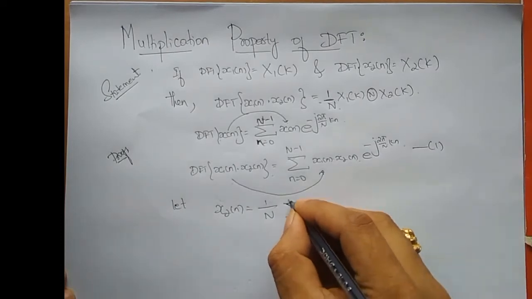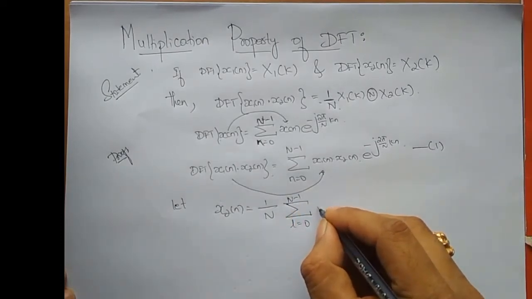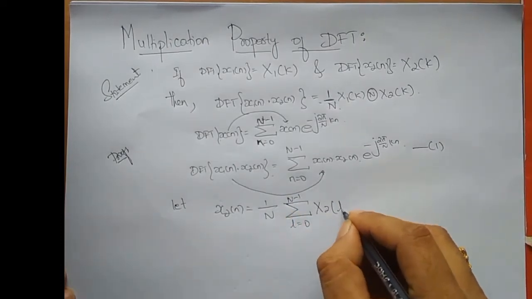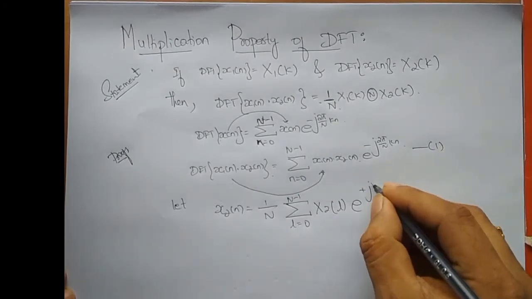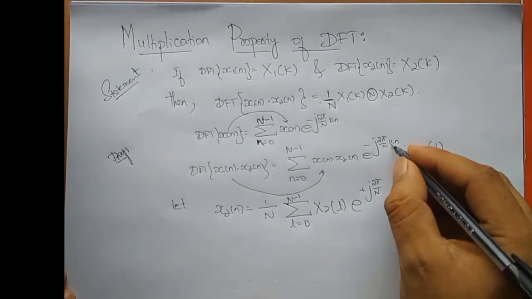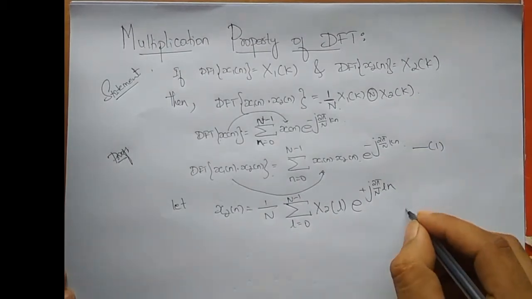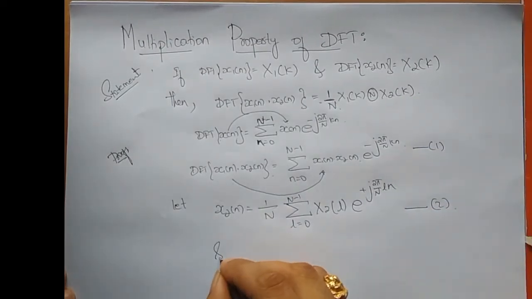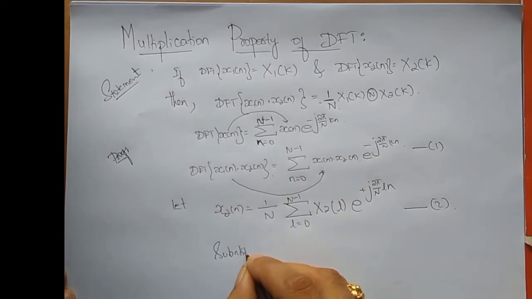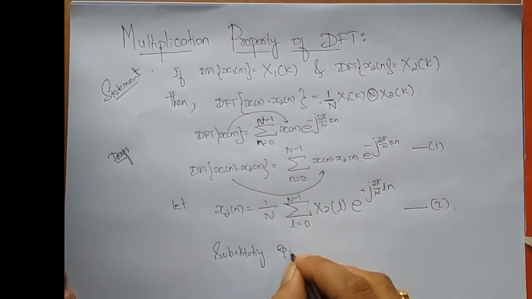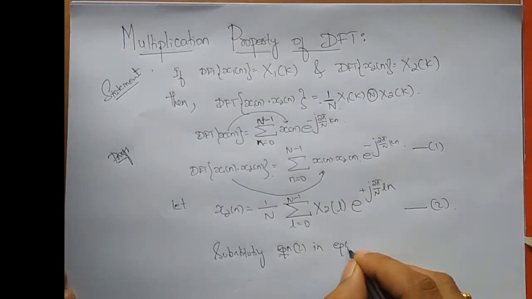So L varying from 0 to N minus 1 of X2 of L e power plus j 2 pi by N into, instead of k I'm putting L, into n. Let me call it equation number 2. So substituting equation 2 in equation 1,